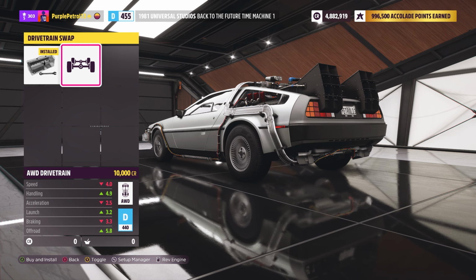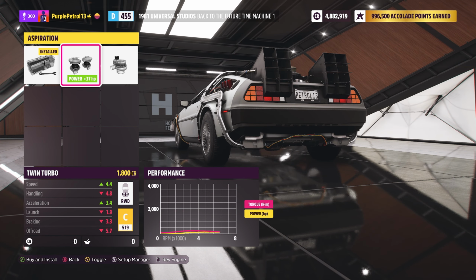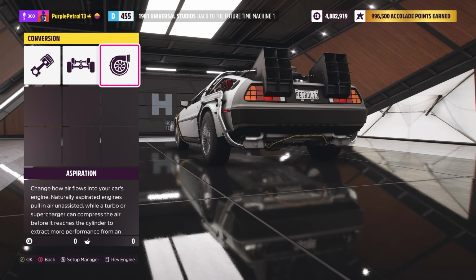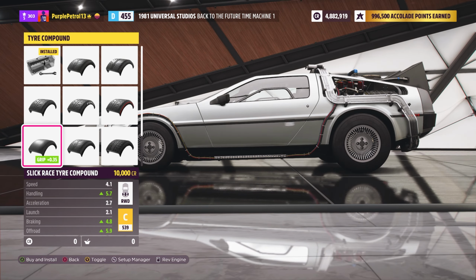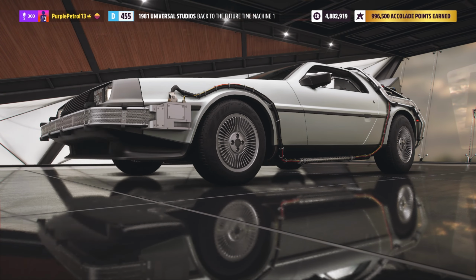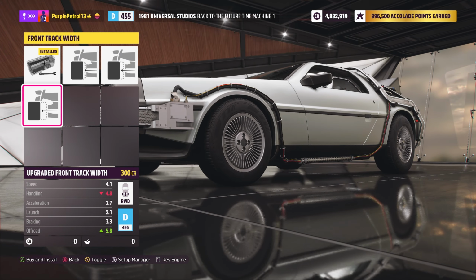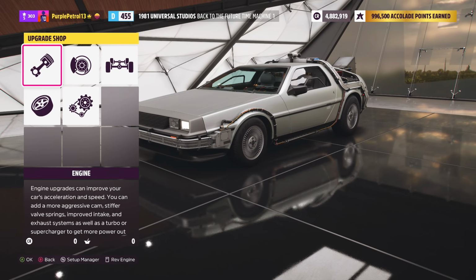They all also have all-wheel drive swaps, and they all have twin turbo conversions. Interestingly though, this first one is the only one that has the centrifugal supercharger option. Apart from that though, they're all the same as each other. They have all of the kind of tyre upgrades you would usually see in Forza Horizon 5, tyre widths and track widths of course, if you want to change any of that, and the same drivetrain, platform and handling, and